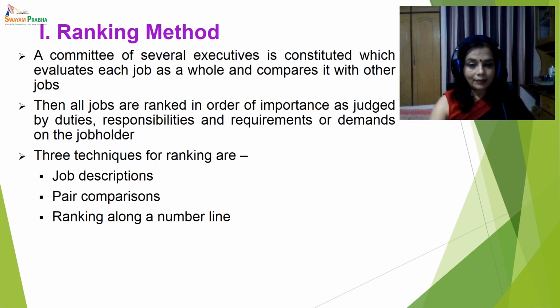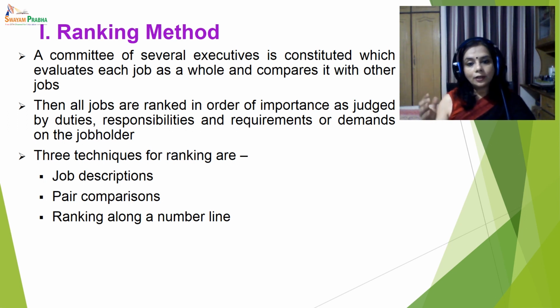The first method is the ranking method. This ranking method is a non-quantitative method. Each of the jobs is compared with all the other jobs, and these jobs are then ranked according to certain factors which are there in the mind of the evaluators, but neither these factors are explicitly measured nor discussed; they are nevertheless there in the mind of the rater. So if there are 5 jobs, they will be given ranks like 1, 2,